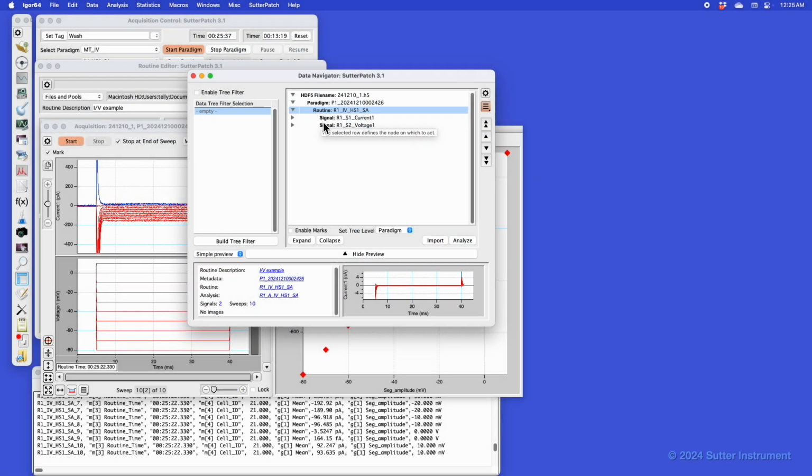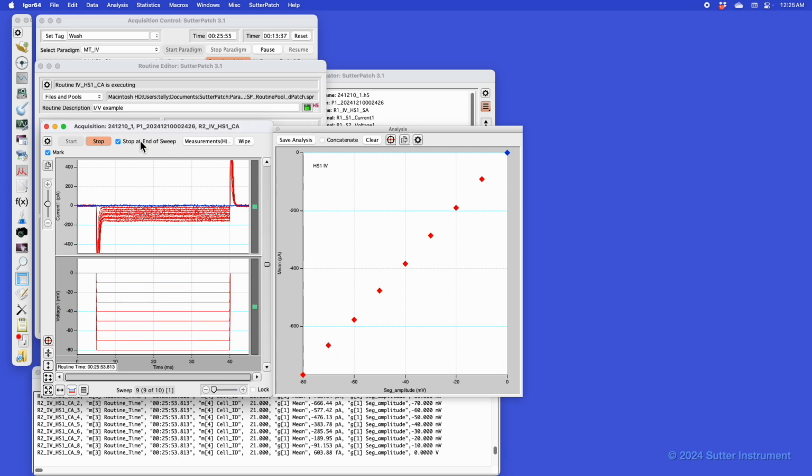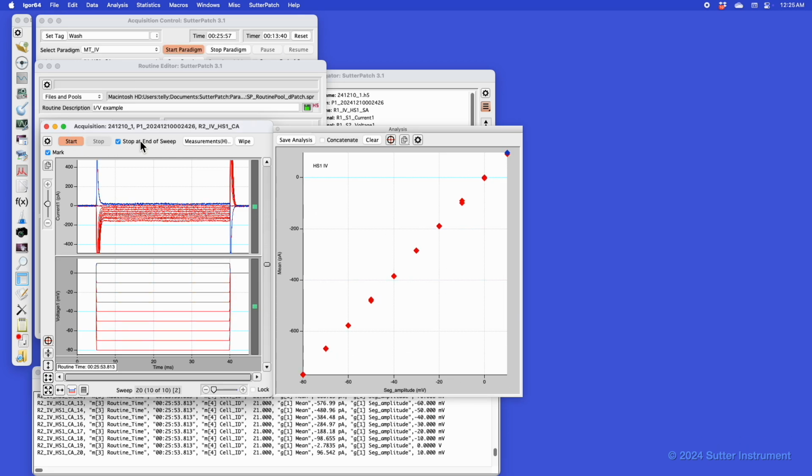Let's go through the cycle average of an IV. This one is just going to collect 2 series and then average those 2 to give us back just the 1 series. So we'll execute that. You can see here it's running. First series executed, the second series executed.